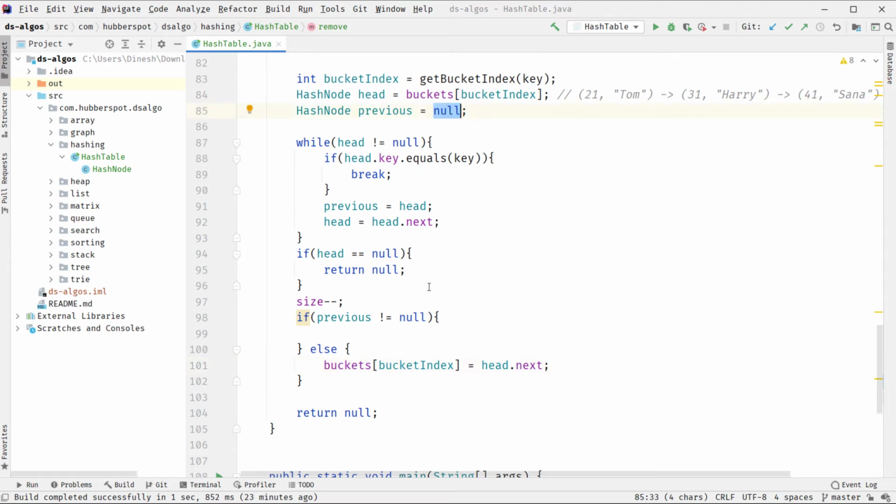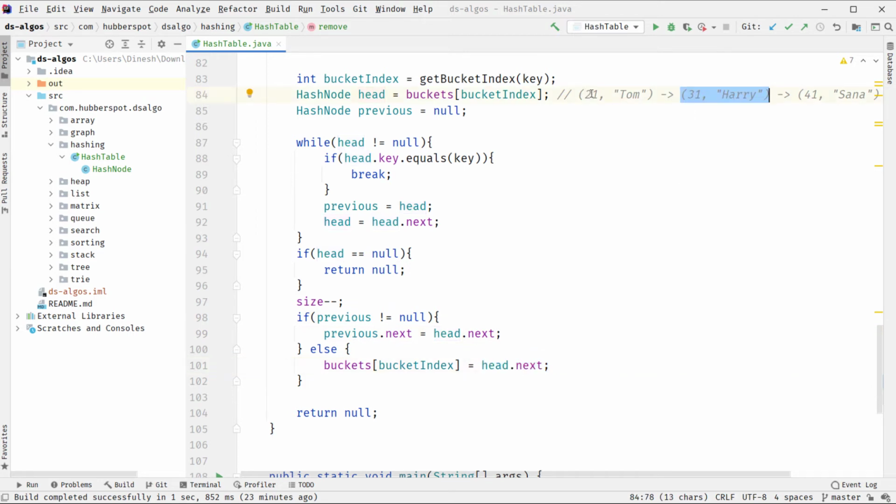And if previous is not pointing to null, now let's say if we want to remove 31, so head will point to this and previous will point to this. So now instead of doing this stuff, what we do is we do previous dot next and we assign head dot next to it. So here you can see head dot next remains the same.